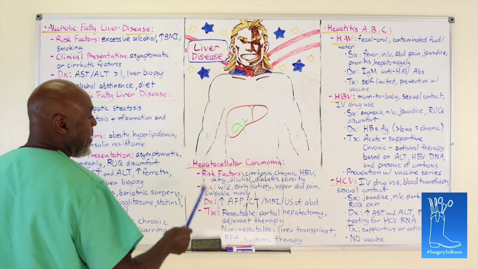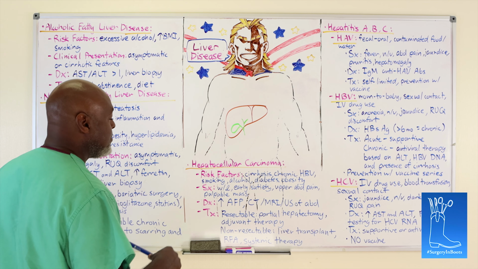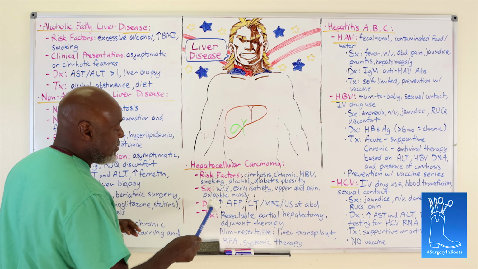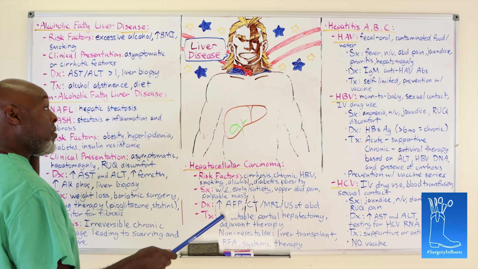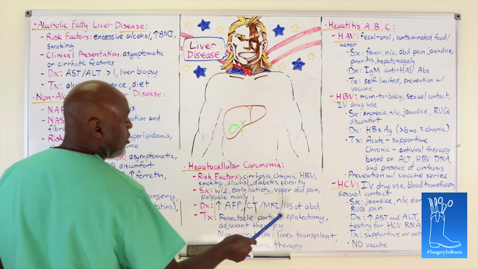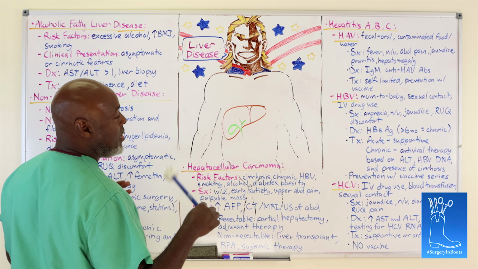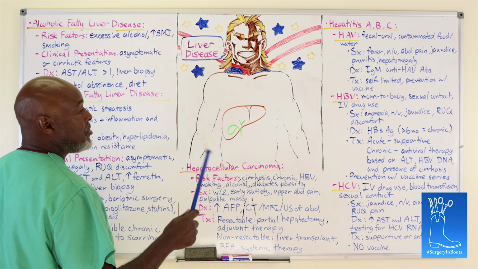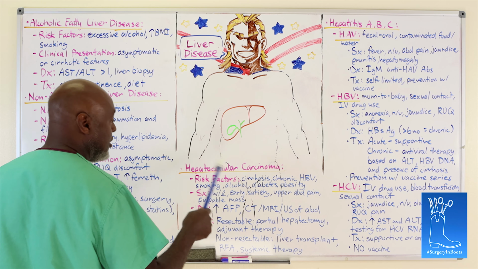And they have a palpable mass because the liver is getting big, maybe some portal hypertension, or you can actually feel the mass. Now, the things to diagnose this are AFP, CT, MRI, ultrasound of the abdomen. Now, the interesting part is when you are deciding between hepatitis A, B, C, all of this, ultrasound of the abdomen is part of it because it looks at the portal structures. It also allows us to look at the gallbladder, and it also allows us to look at the liver